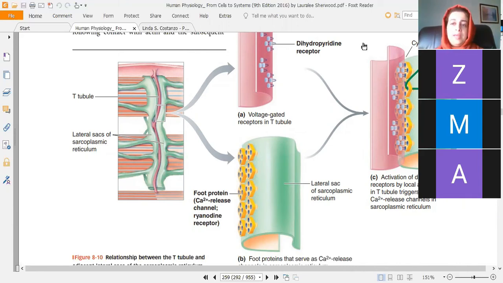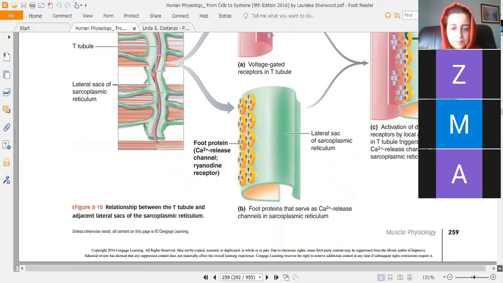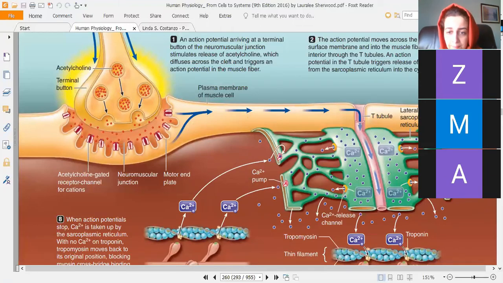So what happens when the action potential reaches along the T tubules? The dihydropyridine receptors will undergo conformational change. But when they undergo conformational change, they were physically attached to the ryanodine receptor. They will pull on the ryanodine receptor doors, or the protein molecules which are closing the opening of the channels. And they will cause the opening of these ryanodine receptors, and these ryanodine receptors are actually calcium channels. Calcium will enter over here.